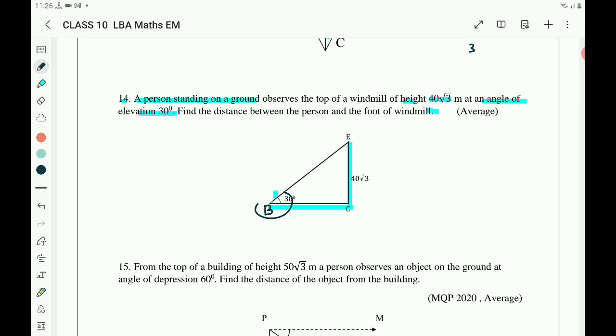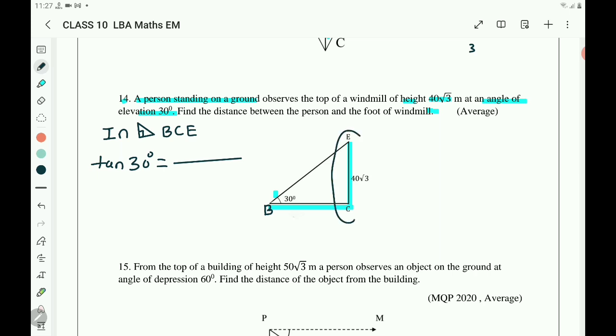Write the name of the triangle. In the right angle triangle BCE, tan 30 degree is equals to opposite side by adjacent side. Opposite side is CE, adjacent side is BC. Write CE by BC. What is the value of tan 30? Tan 30 is 1 by root 3